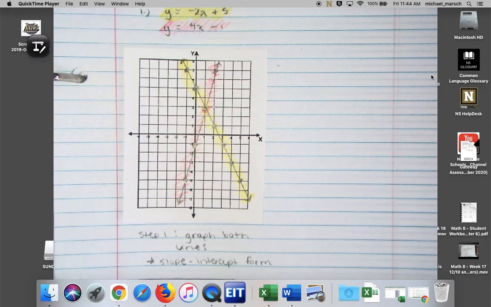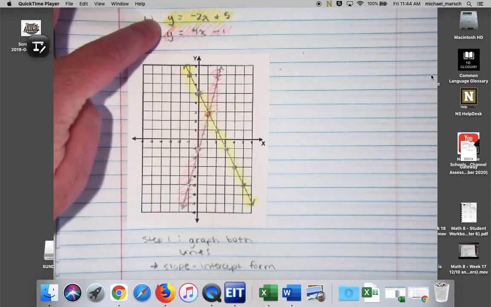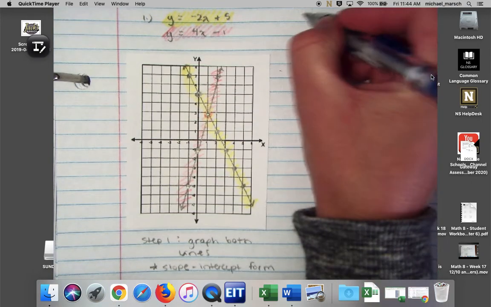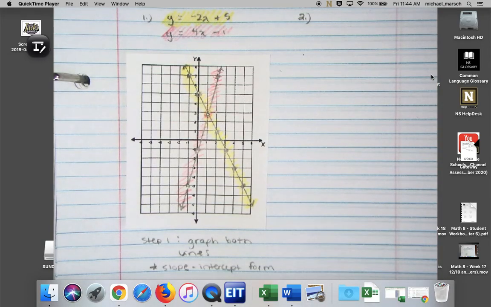So if we were doing the lesson from a couple days ago, I would have given you 1, 3. It would work for both of these equations, and you'd say, yes, that's a solution. Okay? Did you get that, Avery? I'm sure she did. Good job. You can pause it if you feel the need to.